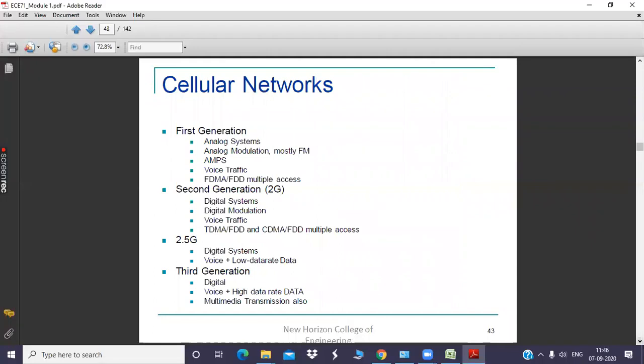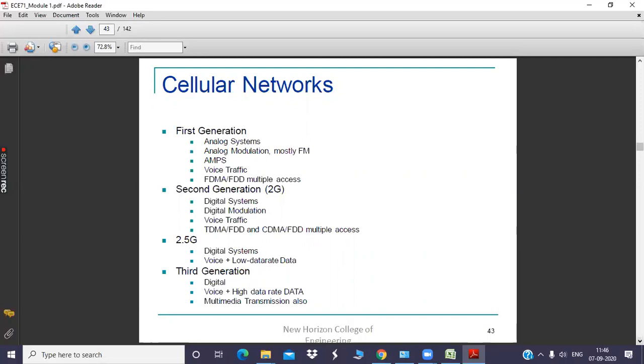Now, you have different cellular network generations, so that is left to you. First generation, second generation, 2.5, third, fourth, and now we are at the starting of 5G, which is not yet implemented in our India. So all this you can go through. What are the features of first generation, 2G, 3G, 4G, and according to the generation, we are supposed to follow the technology of our user handheld devices also, because it should support the network generation systems.